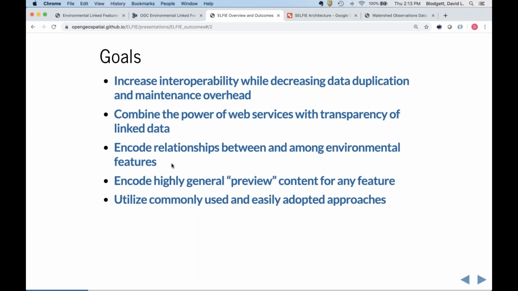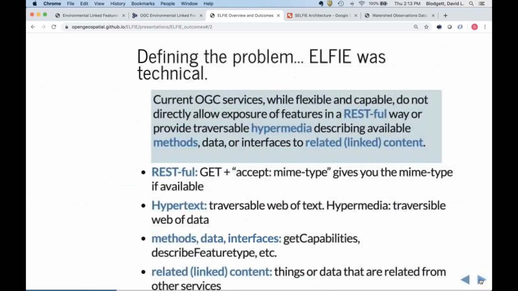That was the core use case we were thinking about when we were working on the project. And then, of course, how easily adopted can we make this? That was an overarching desire: can we use these super ubiquitous technologies to do all the things that I just listed off?